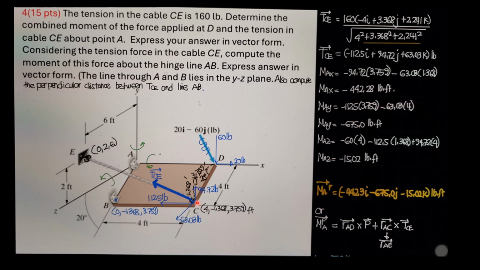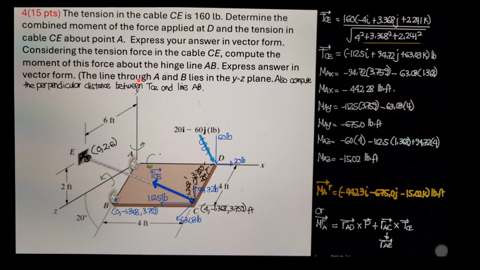So let's focus now to AX, to this X component of force, and to this Z component of force. This is parallel, so it has no moment. So 112.5 is also opposite to that sense. It is negative 112.5, and the distance is again 3.759. Where is that? That one. Then the moment of 63.03 is also in the negative sense.